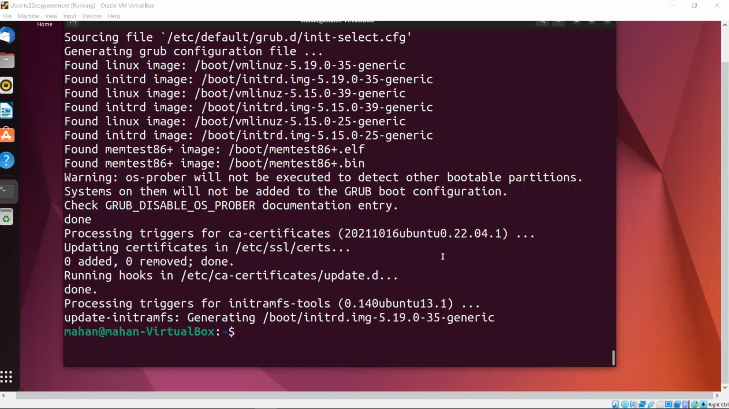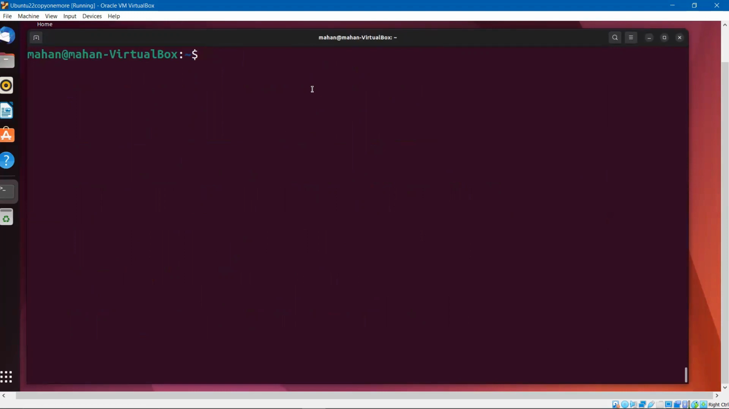Wonderful. Sudo apt update and sudo apt upgrade are completed. Let us go ahead with the next steps. If you don't have Python 3, you need to install Python 3. Let us go ahead and do that now. Let me clear this. I will type sudo apt-get install